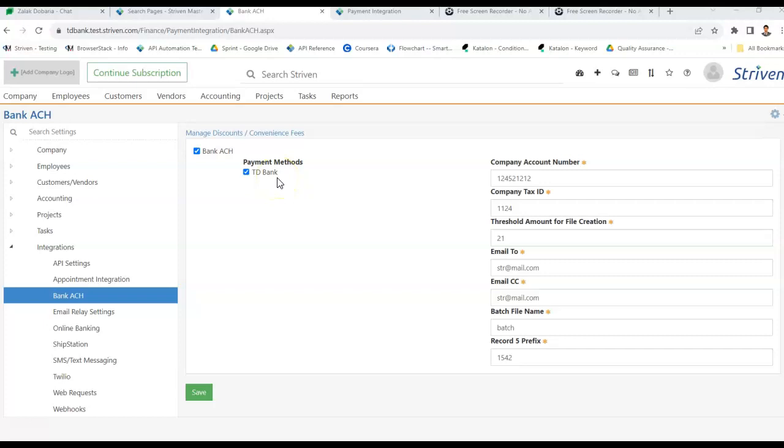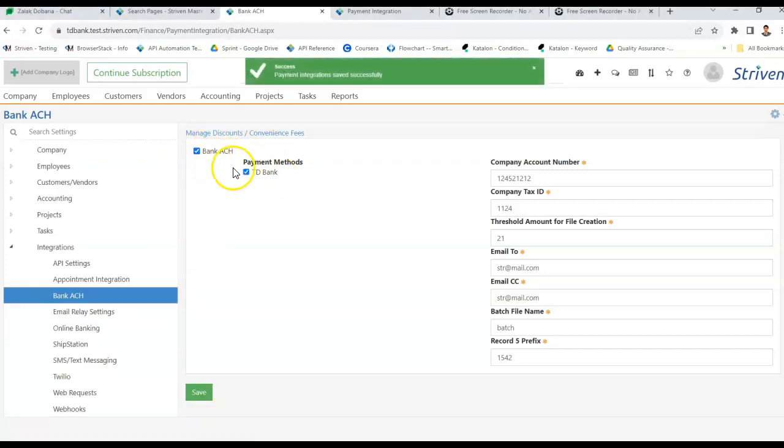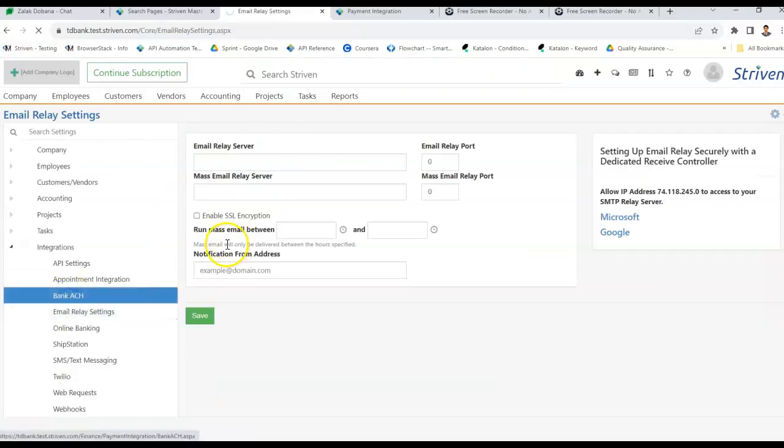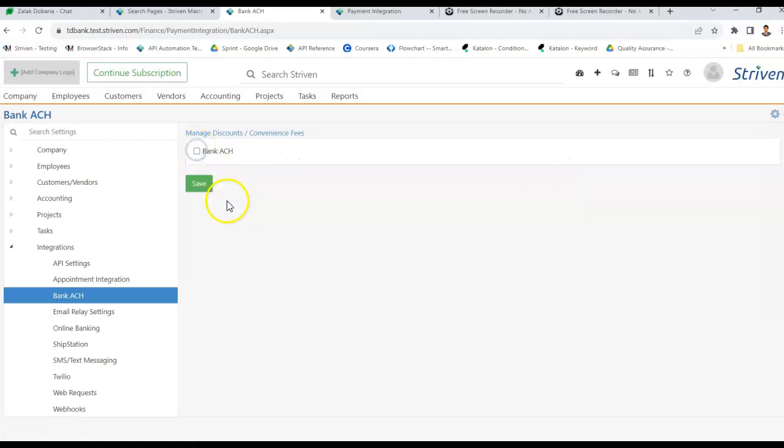This is an existing issue and might not be related to this task, but I just wanted to bring it to your notice. See, I have enabled this bank ACH and saved the changes. Now if I go back and disable it,